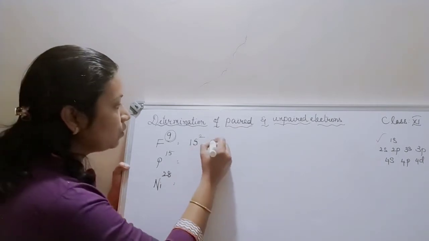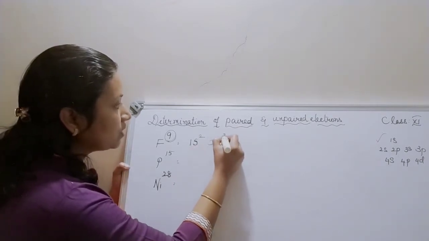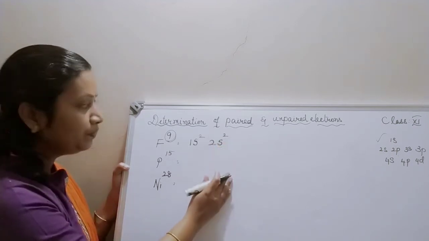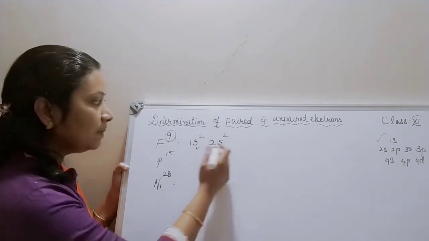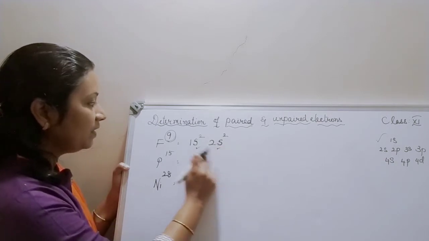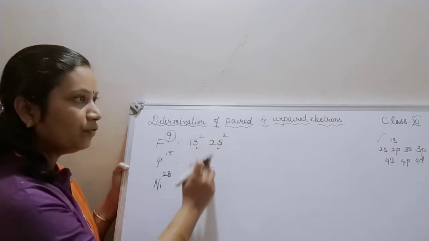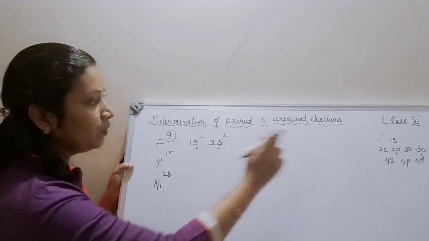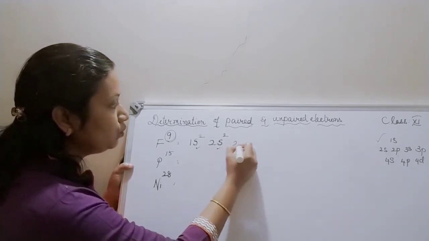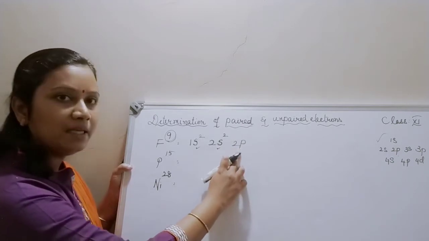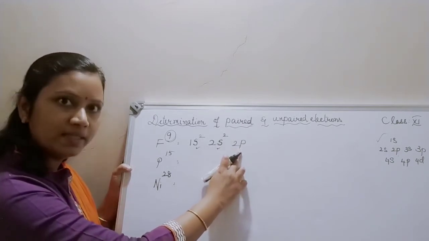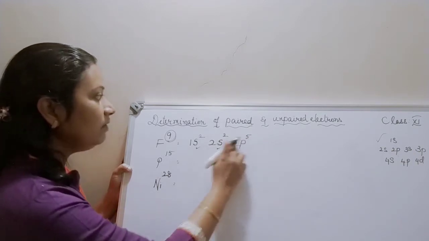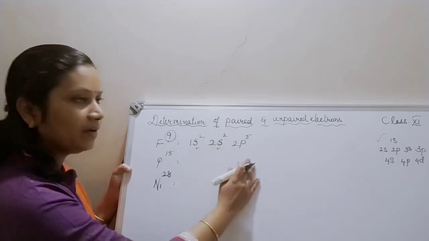After 1s you have 2s. So 2s2. So 1s is completely filled, 2s is completely filled. In 9, if you subtract 4, the remaining is 5. So I need to fill 5. What is the third level? It is 2p. How many electrons can the p subshell hold? It can hold 6. But what is my remaining? 5. So I have written like this: 5, 6, 7, 8, 9. So I have filled them.